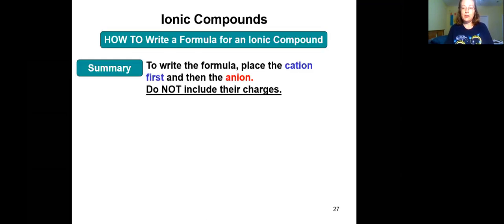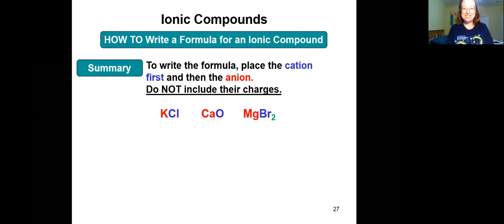To write the formula, you place the cation first and then the anion. Do not include their charges. KCl, 1 to 1. Calcium oxide, 1 to 1. Magnesium bromide, we have 1 magnesium and 2 bromide ions. All of this is to get a neutral